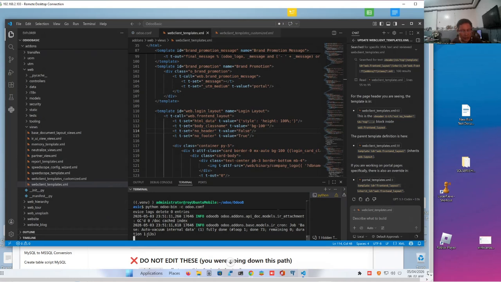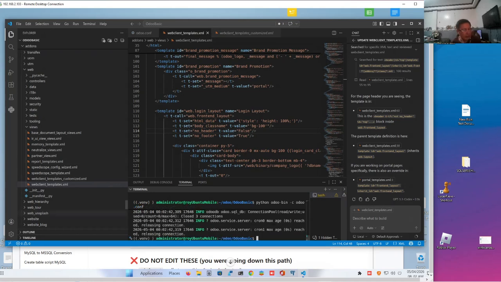And then we'll have to stop our Odoo, and then we have to upgrade the assets. I'm going to give you the list of commands on the GitHub repository in the description below. So to update our assets, we have to stop Odoo, which we have done, and then we have to use this command: odoo-bin -u web.